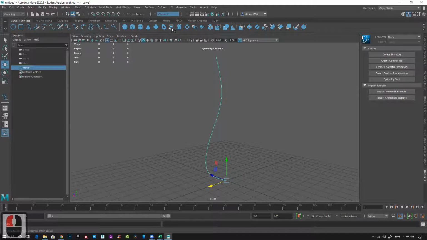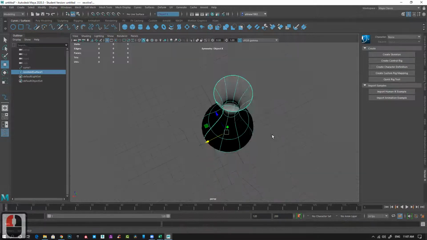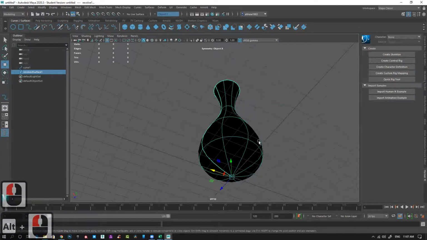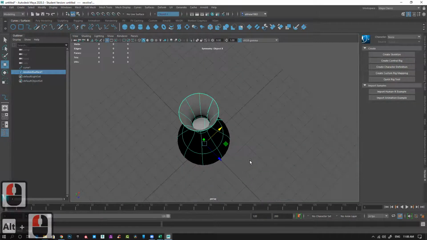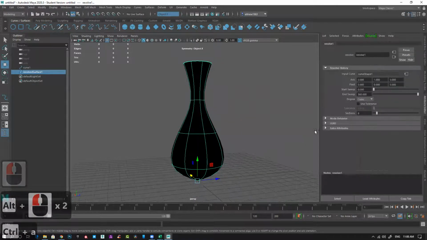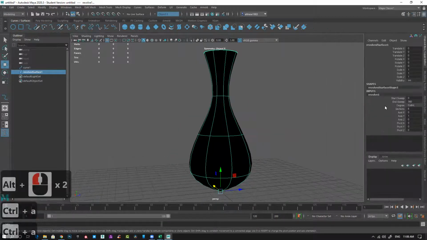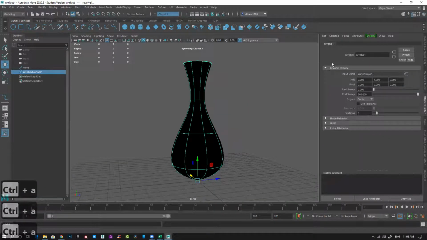All these options are there. One click generates this, and with Control A you can see this option, which is revolve. It works like the lathe you have in Max, exact same thing.